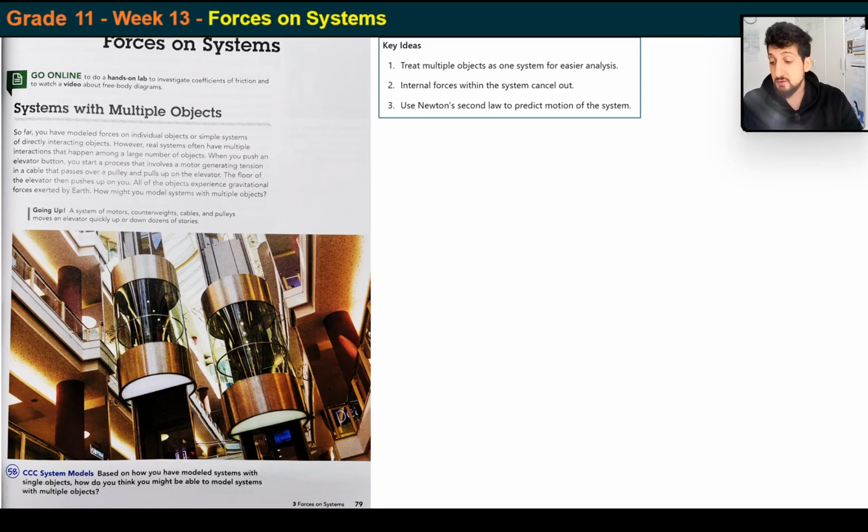All right, so forces on systems. What is forces on systems? What are you talking about here? Remember how we talk about forces acting on a box? So for example, here's a table and here is a box, and there is a weight force acting downwards due to gravity, and we've got a normal force acting upwards. This is a reaction force from the table. This is acting on one object. The moment we do this,